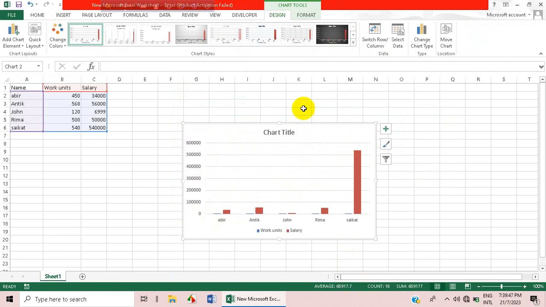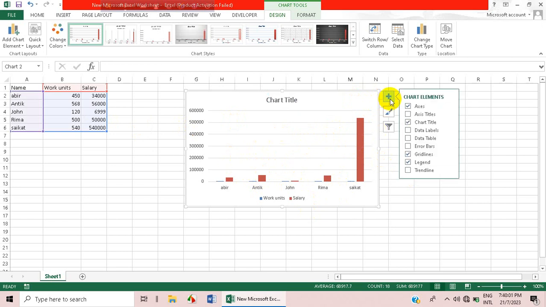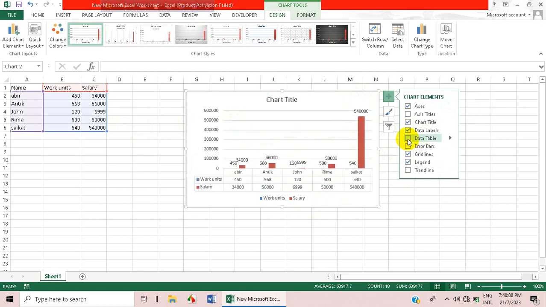As you can see, my chart is created. Here you can add your title for your chart, and if you want more information to be shown, then press the plus icon and click on data labels. You can see the labels are shown, and then there would be a data table if you want to show